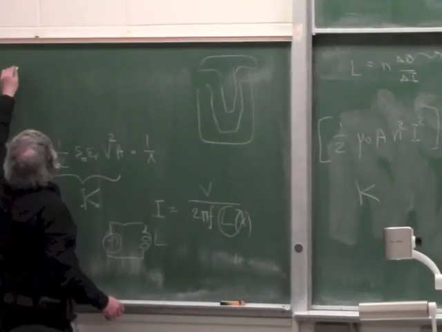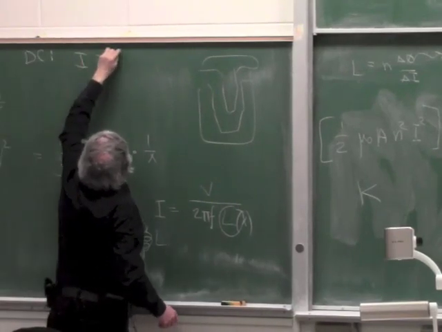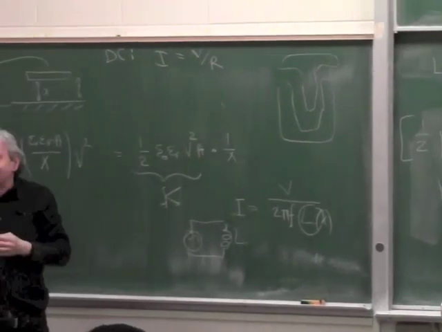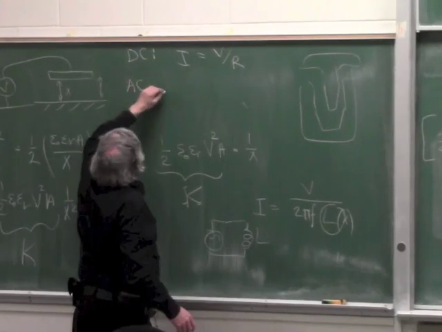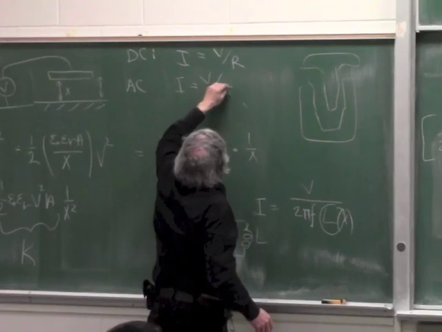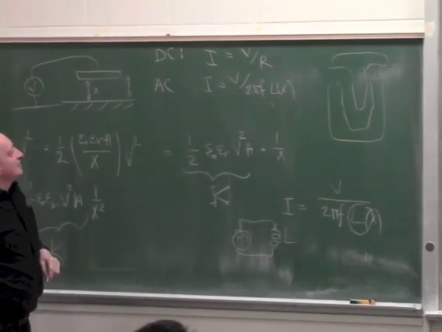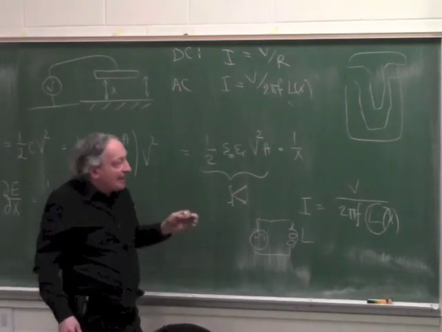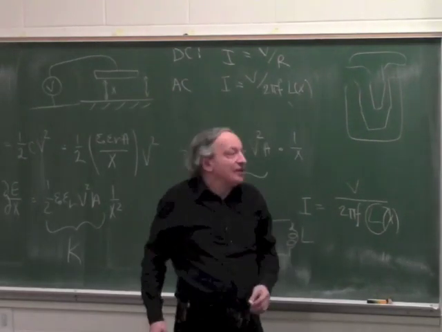So in DC, I is V over R, but nothing here is a function of x. Okay? In AC, I is V over 2 pi F L, but L is a function of x. So as x becomes smaller, L goes up, and L is